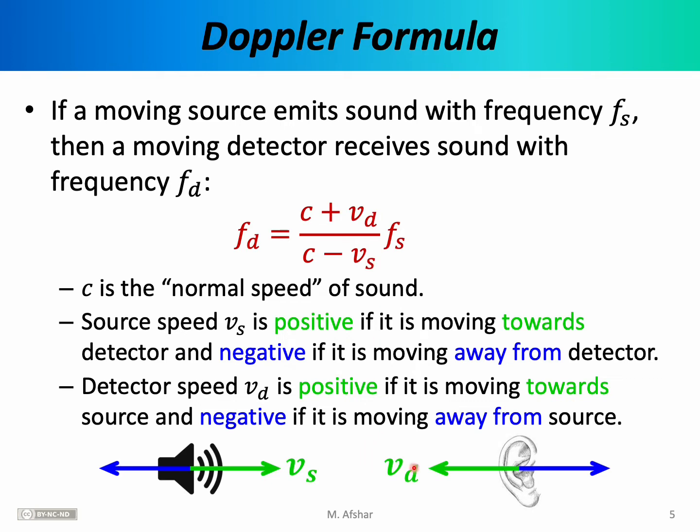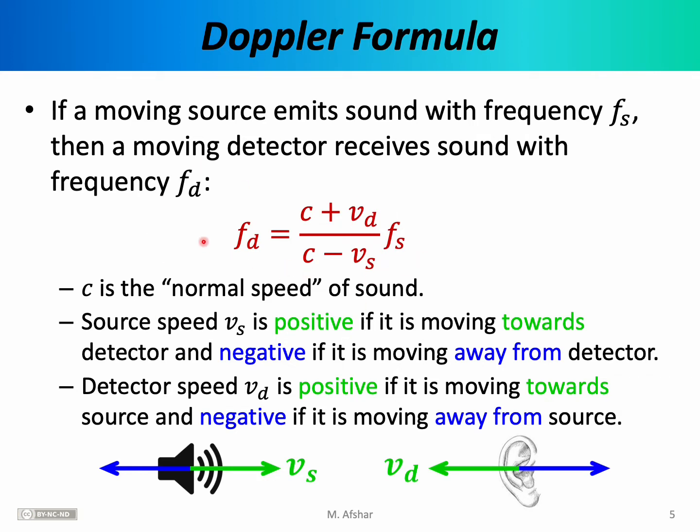This convention is essentially based on the distance between the detector and the source. If the distance is decreasing, we say that they are moving towards each other, in which case the speeds are positive. On the other hand, if the distance is increasing, we say they are moving away from each other, in which case the speeds are negative. Knowing when V sub d and V sub s are positive and when they are negative is essential to using